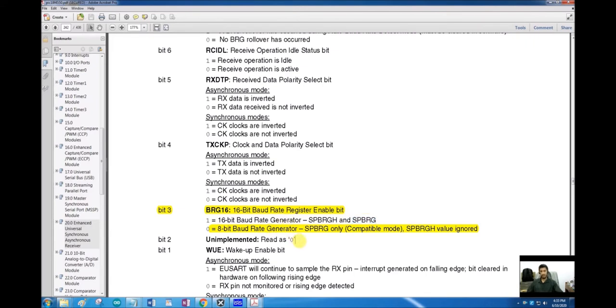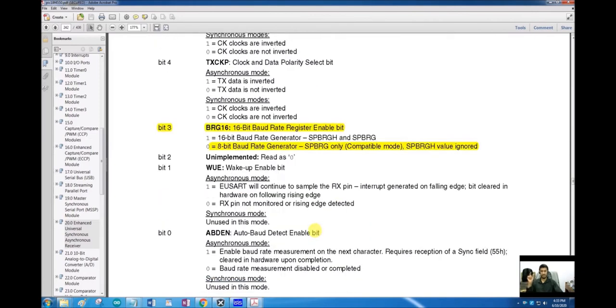But in our case, we are not going to use it for some very sensitive applications, so we don't bother if there is a little bit of error in the baud rate. And let me tell you also that if there is a little bit of error in the baud rate, that is automatically corrected at each cycle by this module. So that will not result in error accumulation. The module will automatically keep correcting it after every cycle.